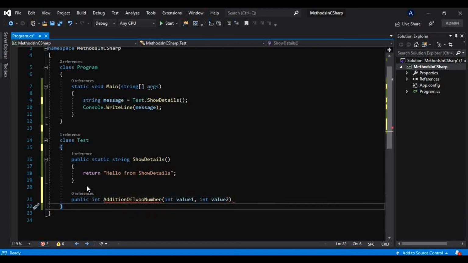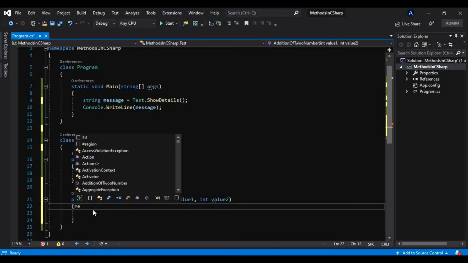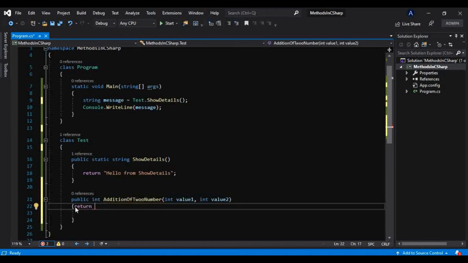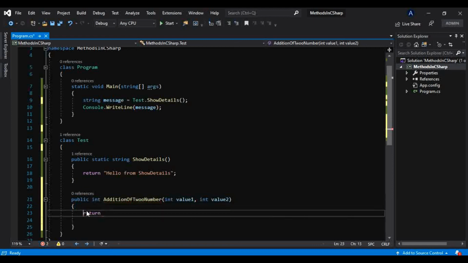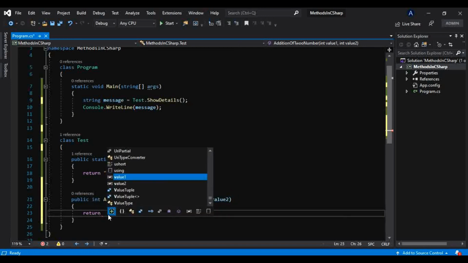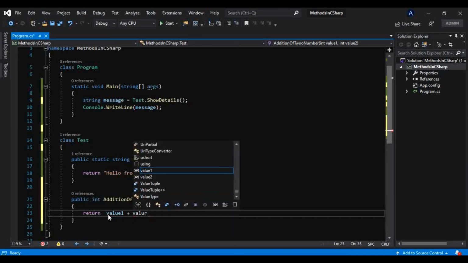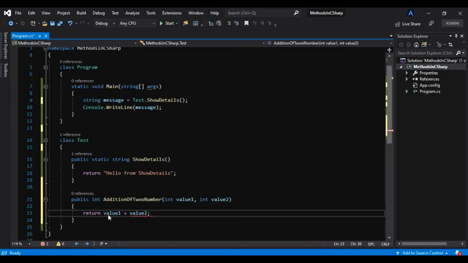Inside that, we will return the addition of these two numbers. Whatever numbers come into our method through these parameters, we will take them like this, add them and return them.